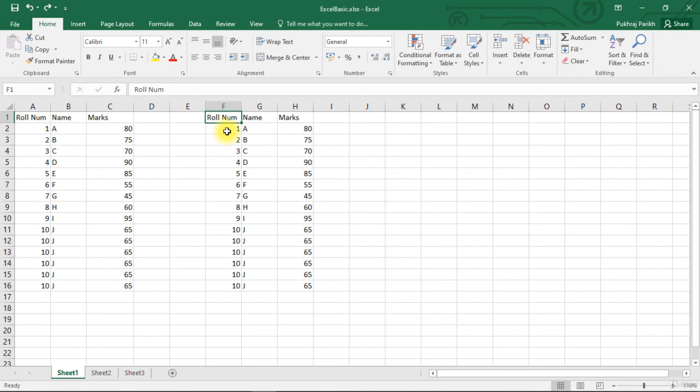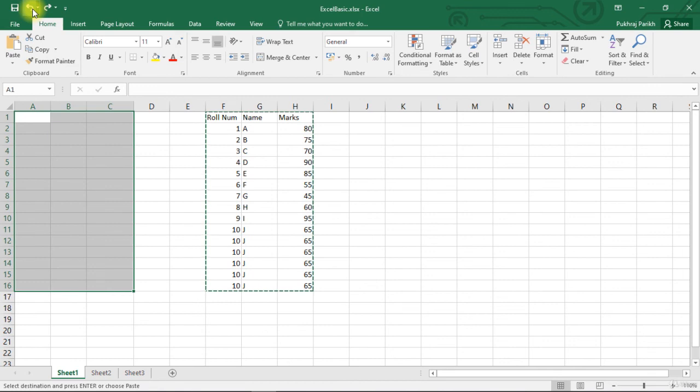If you want to undo using the option on the Excel screen, this is the undo option on the Excel screen. And it is also suggesting what is the last operation that you did. The last operation we did was pasting the data, and if you want to undo that paste, you can click this icon and it will undo that paste.